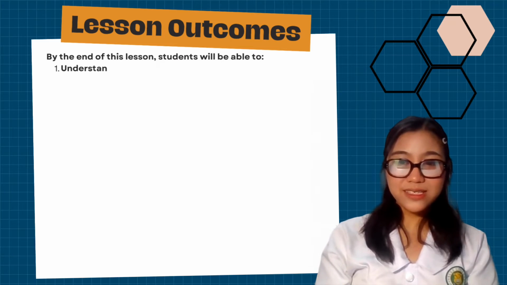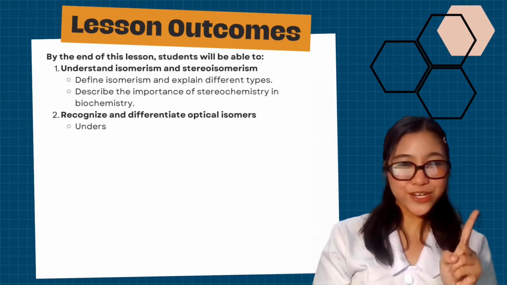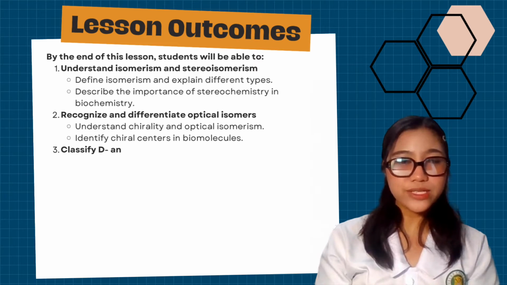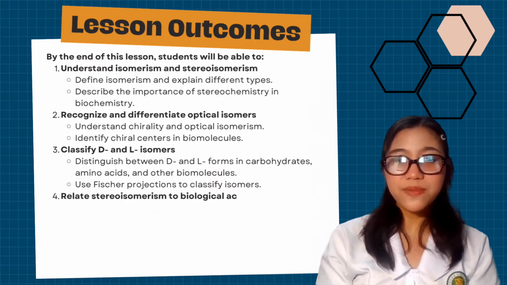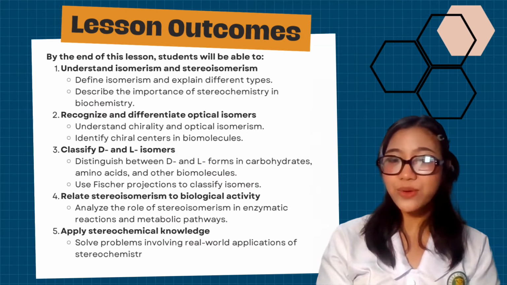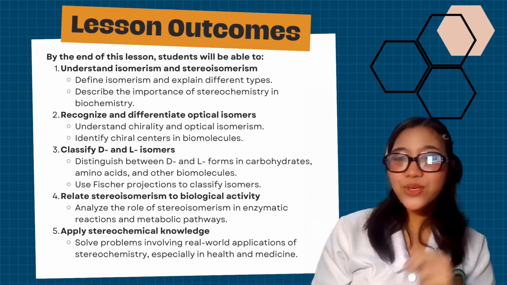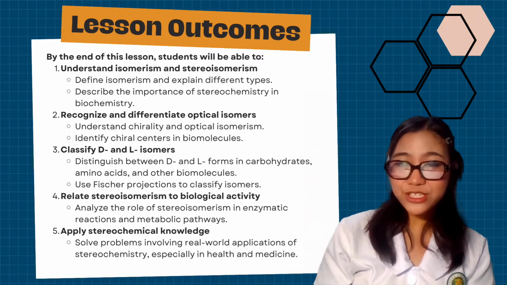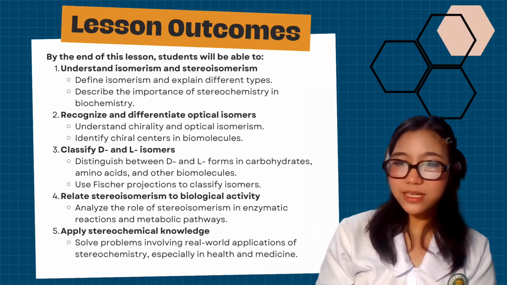By the end of this lesson, you will be able to achieve several key outcomes. First, you will understand isomerism and stereoisomerism, which includes defining isomerism, explaining its different types, and describing the importance of stereochemistry in biochemistry. Second, you will be able to recognize and differentiate optical isomers, understanding chirality and optical isomerism, and identifying chiral centers